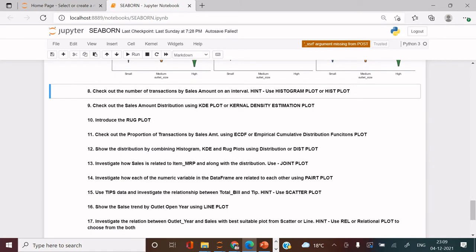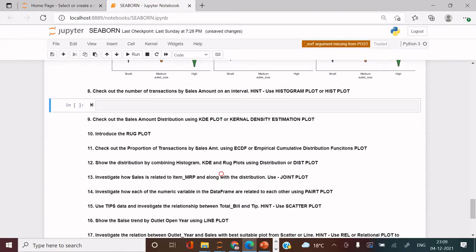Now we want to check the distribution of data by sales class interval, right? So how can we do that? For that we will just use histogram, hist plot, and in data we will just plot mart, and on x-axis I'm going to plot sales. So this will show you the distribution.